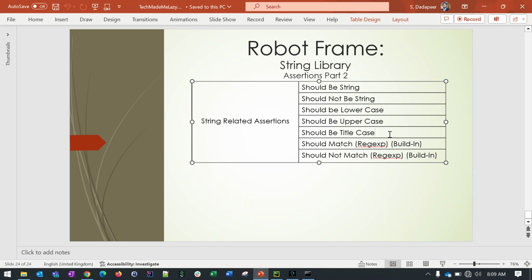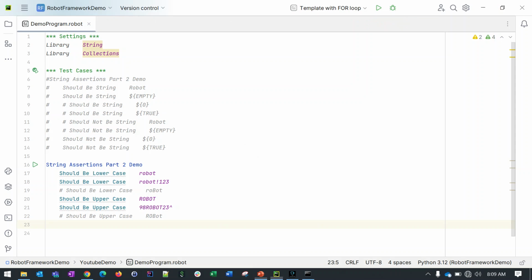Now our next keyword is should be title case. In this case, the first character of any word should be a capital letter, otherwise it is going to fail. Now let's write should be title case. This example: Robot 1 2 3